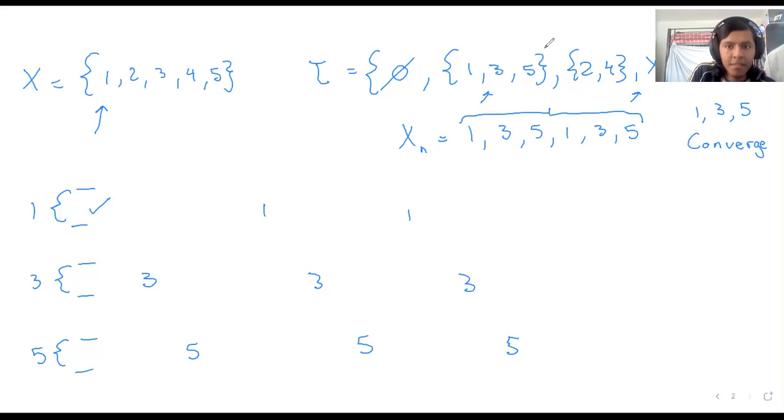And then the next one, the universe, also has 2 and 4. So it can now land in 2 and 4, and if it does, it'll be fine. But as you can see, the sequence is still 1, 3, 5, and it still contains it. So it converges to 1. 1 is good. If we want to check 2, any set that contains 2 now must be tested for its convergence.